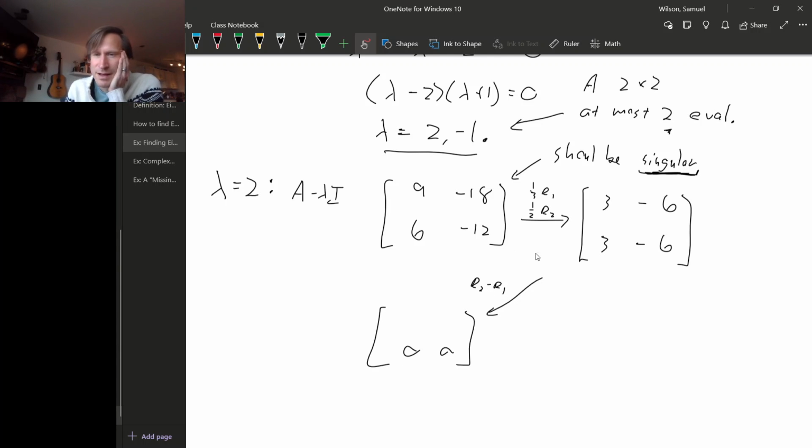And then we can divide the first row by 3 again. We're going to get 1 and minus 2. Okay, so this means that the null space